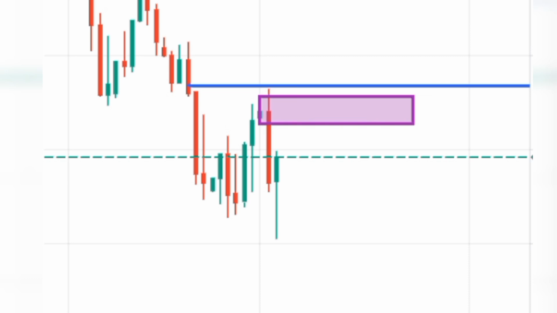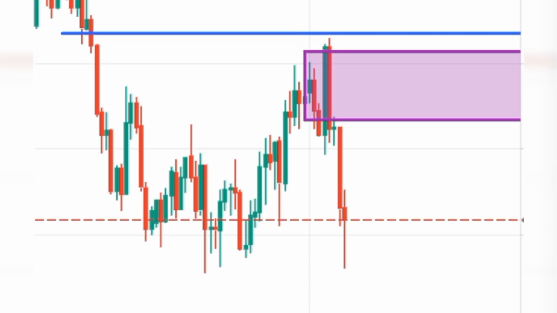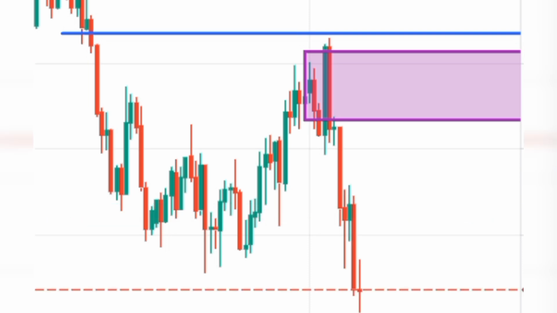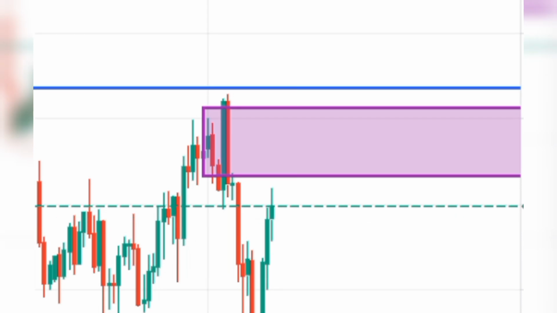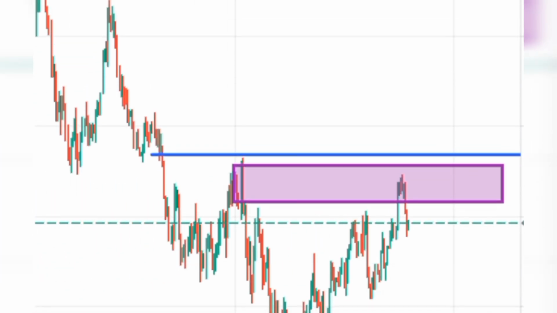Okay, then after marking that, we can refine the market structure, and we shall wait for our market to come to this zone. Let's go to our H4 time frame right here. Here we want our market to come to our zone. Okay, and we shall wait for it to come to the zone that we identified on our higher time frame. You will clearly see that when the market comes and taps into your higher time frame zone,